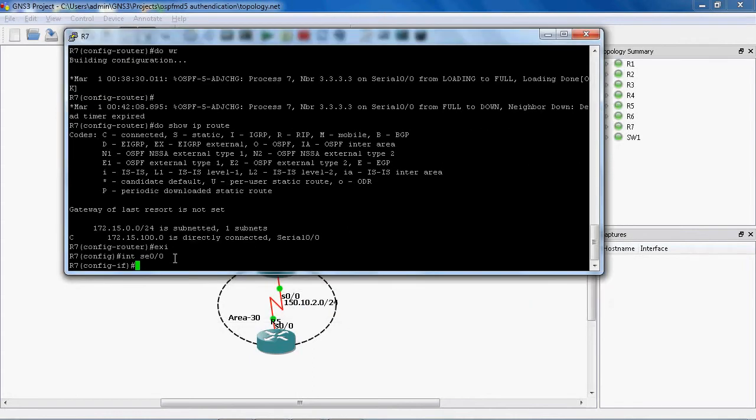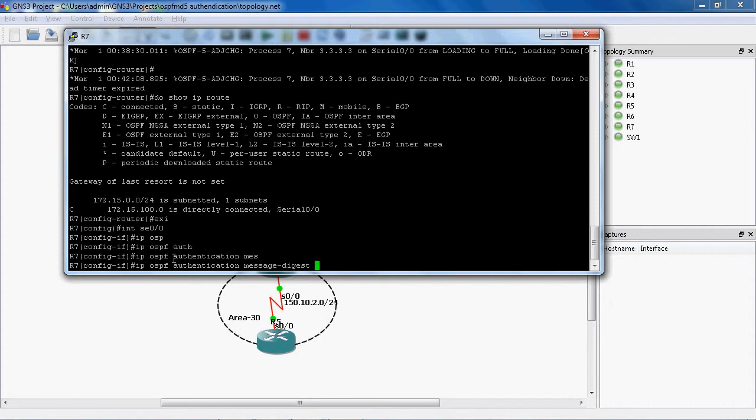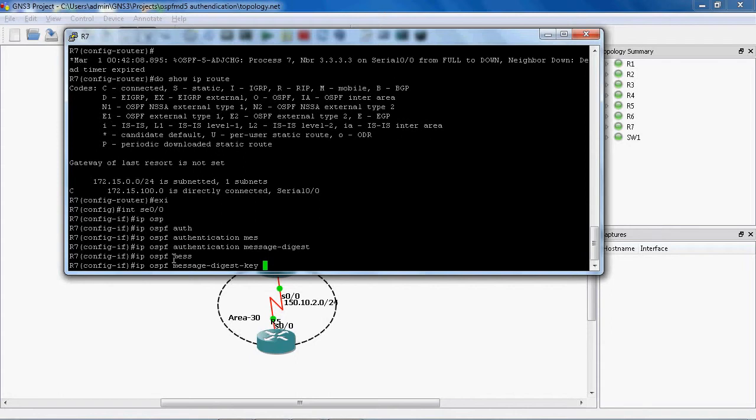The syntax is ip ospf authentication message-digest, enter. Next I will create the key: ip ospf message-digest-key. Here I will give the key range between 1 to 255. In the R3 router I mentioned the key ID as 1.